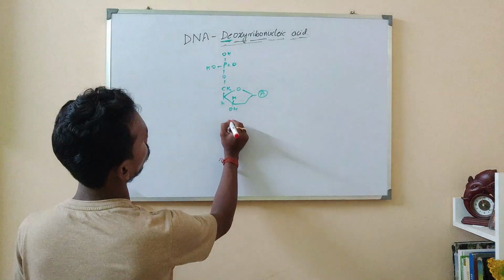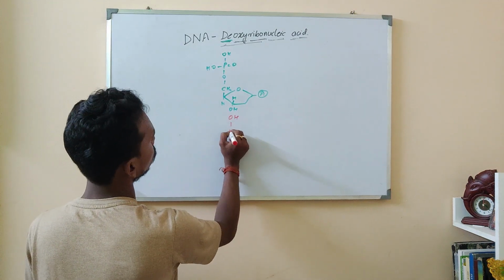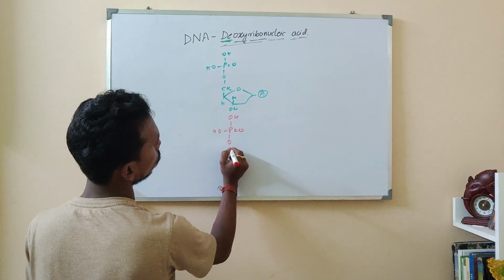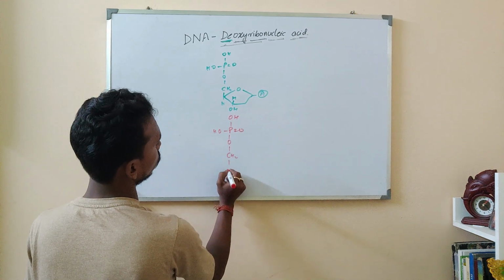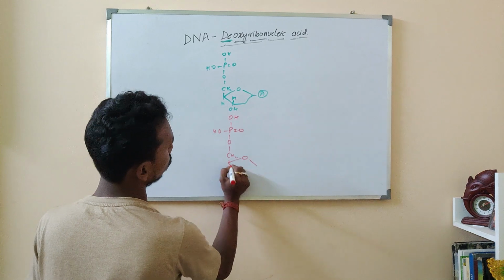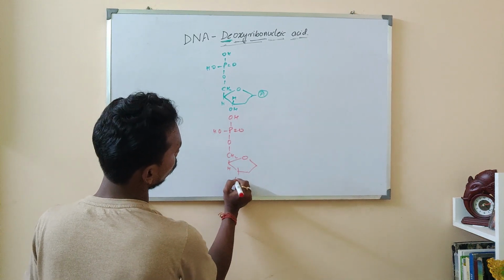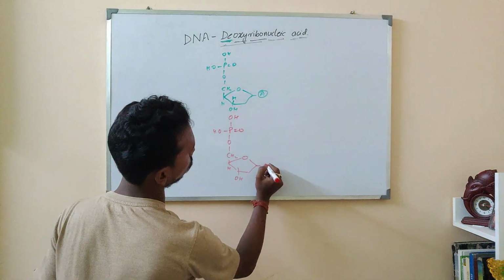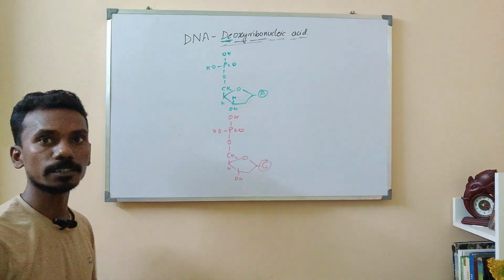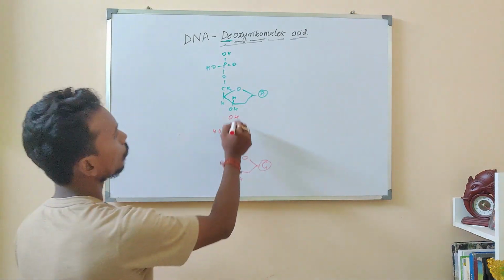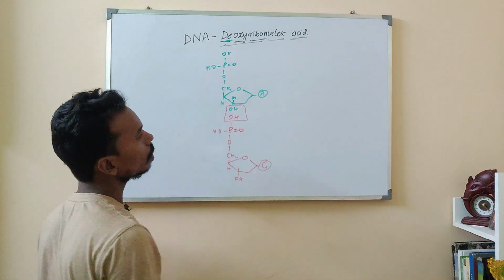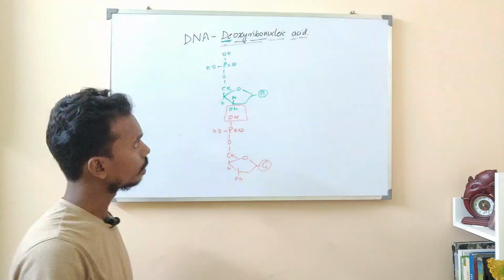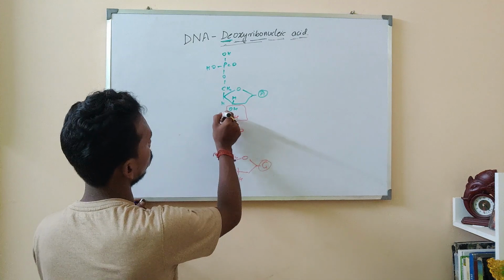So it will look like OH, P, double bond O, single bond OH, then O, and then CH2, then H, and another ribose sugar is present here along with the free hydroxyl group at the 3rd position, and at the first position, suppose guanine is the nitrogen base. So see, two hydroxyl groups are close together, and they will again condense and make a structure like this after